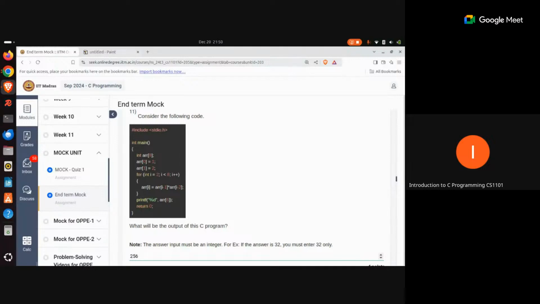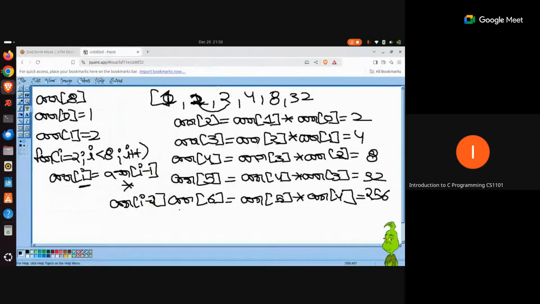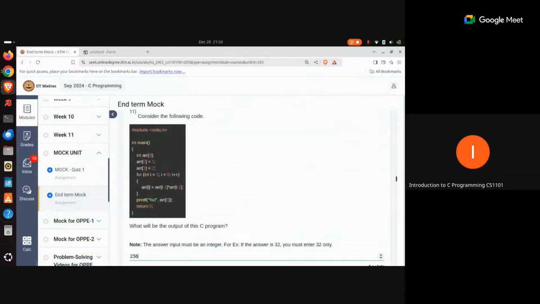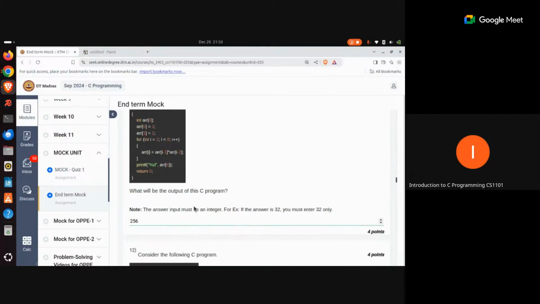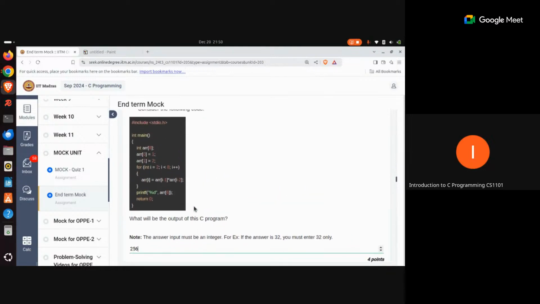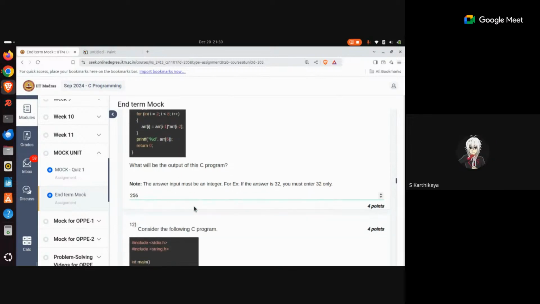Of course, the program will execute further because it also has to find out the value for ARR 7 as well, since this loop will run. But the question was only asking for ARR 6, and that's where we stopped, and we will be able to save some time here. Same strategy you will have to apply during exams as well. Make sure you read the question at least twice so that you don't end up doing extra steps which are not required for that particular question. So I hope this question is clear to all. Yes, sir.